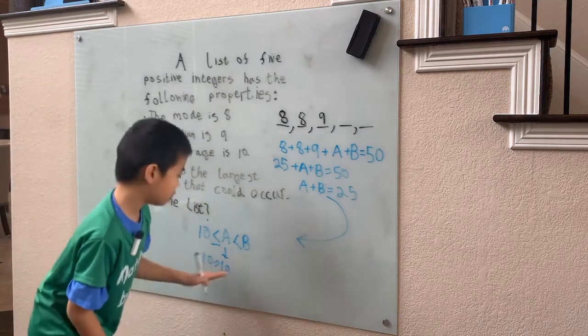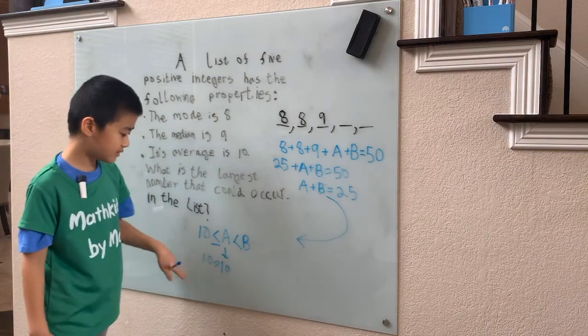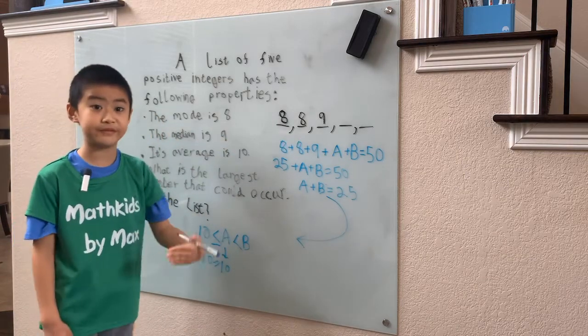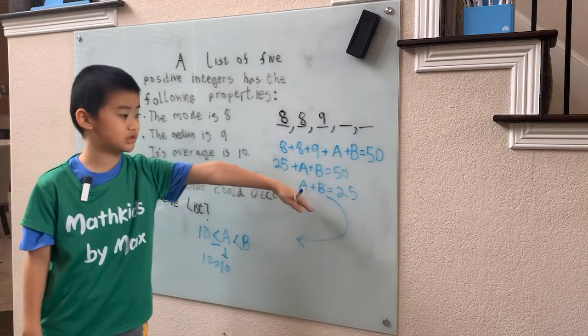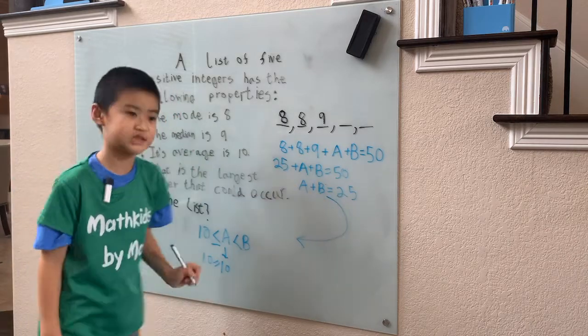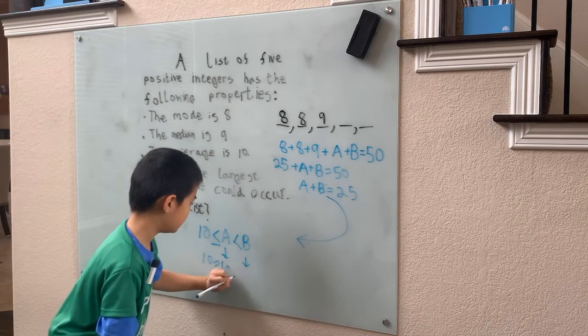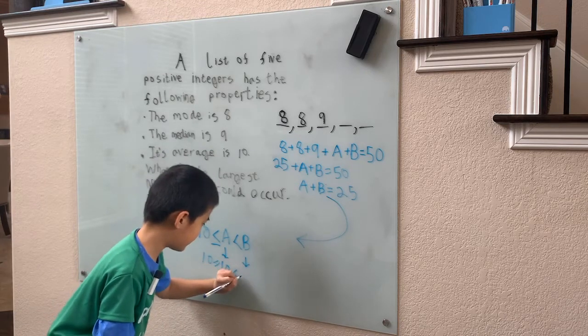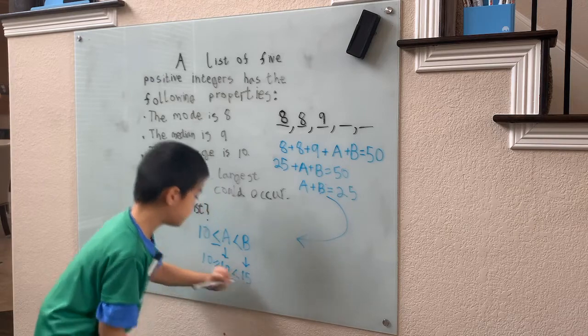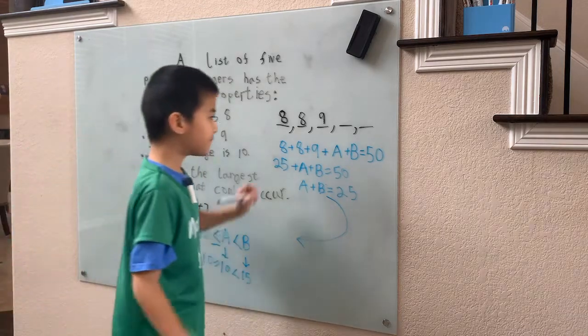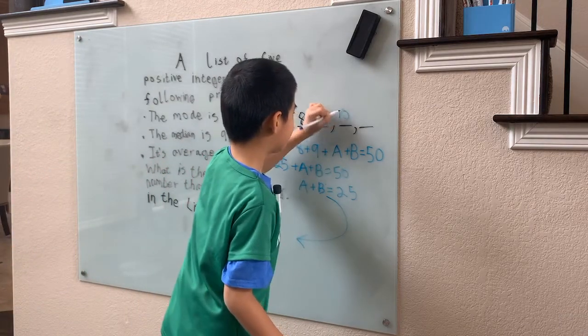And B, now that A is 10, the last one has to be 15, since 10 plus 15 is 25. Use this information back here. B is larger than A. So now we'll have 10 here